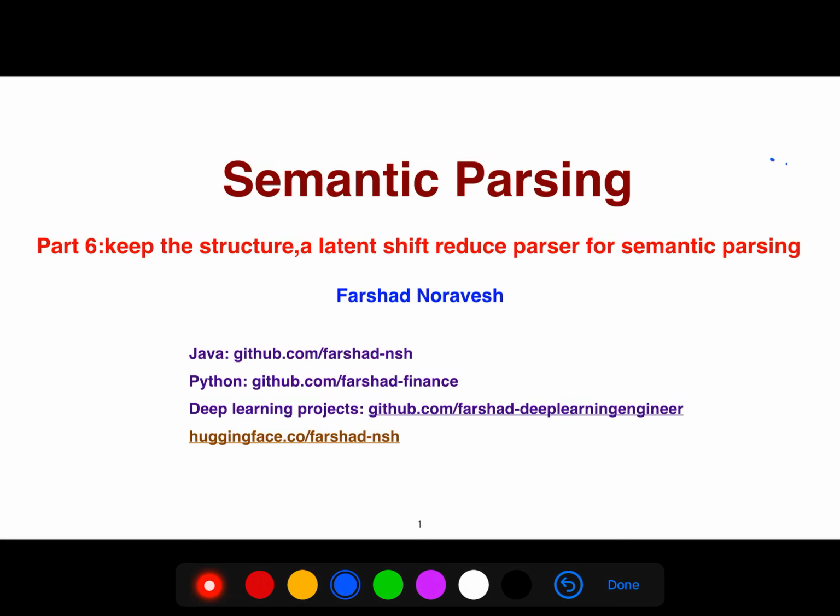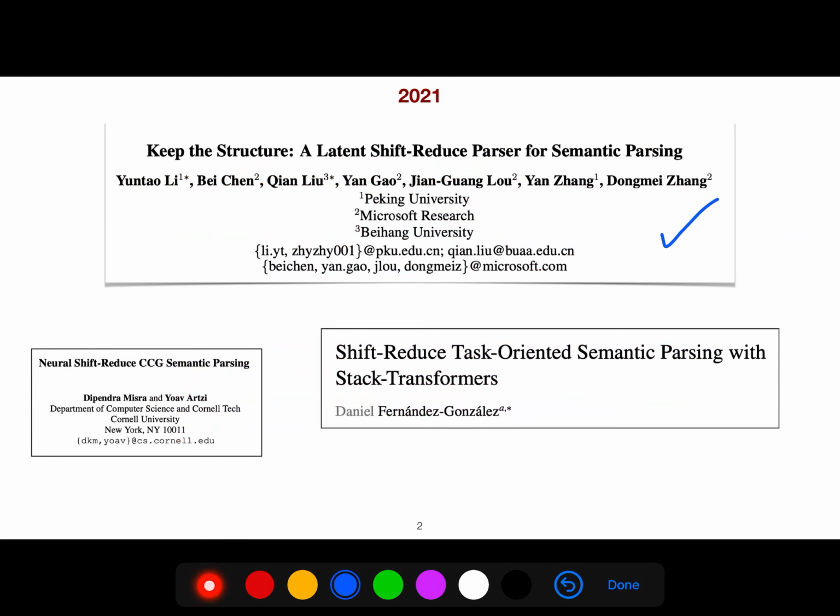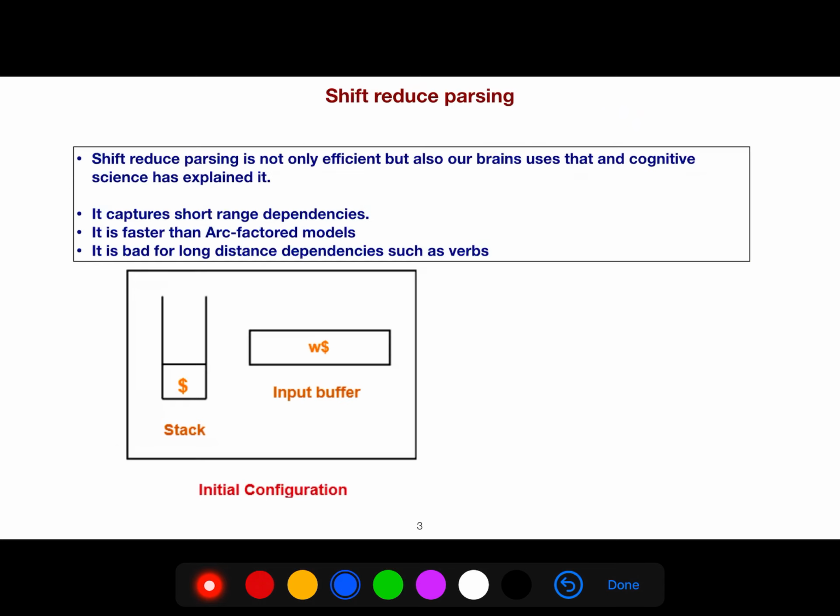Well, in this lecture, I want to talk about a latent shift reduce parser for semantic parsing, which is this great article by people at Microsoft. So it's a shift reduce parser, and so it's not a graph-based algorithm, it's a transition-based algorithm, and we use it for semantic parsing. So the basic idea is like any other shift reduce parsing, you have an input buffer,